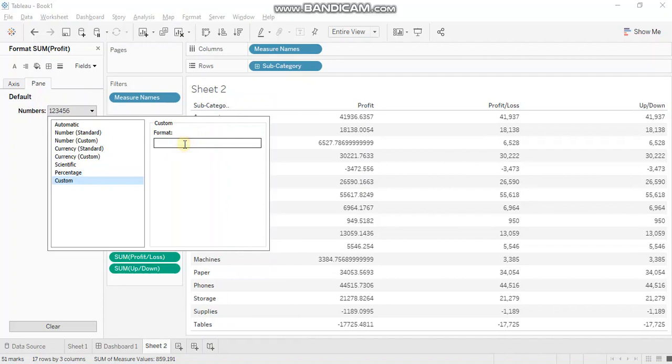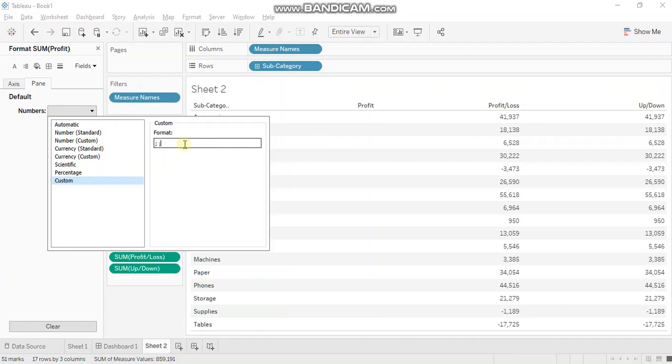Now here I want to display a plus sign in front of the positive values. So how do we do that? Just remember, with custom formats there are three parts which can be separated by a semicolon. Your first part means positive values, second part means negative values, and third part means your zero values. So for positive values we need a plus sign, then we need a dollar sign, and then we need the number. So a hash represents the number. If you want to include a thousand separator, then insert a comma and then put a hash again.